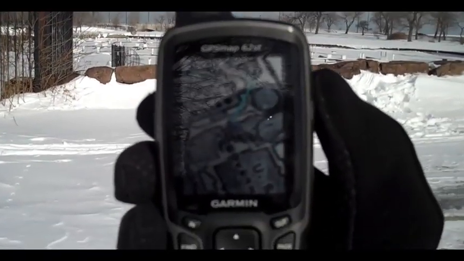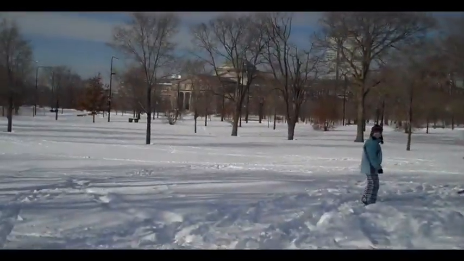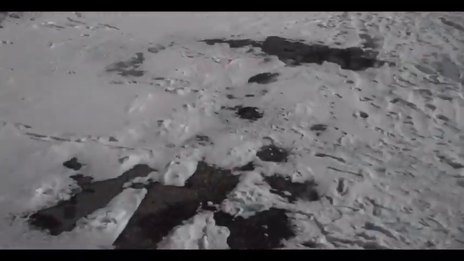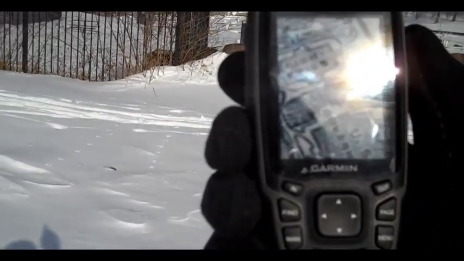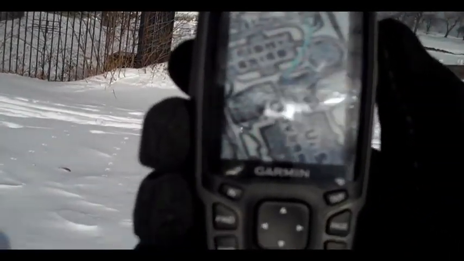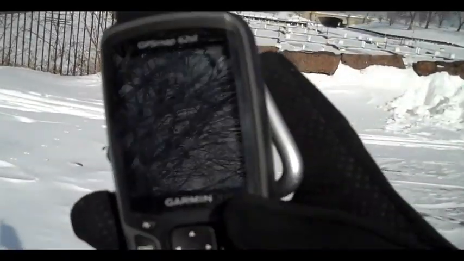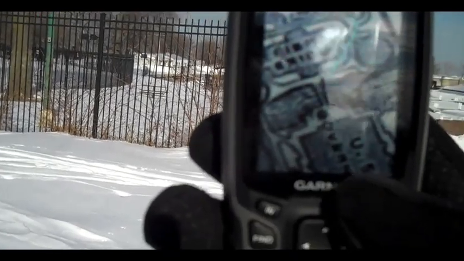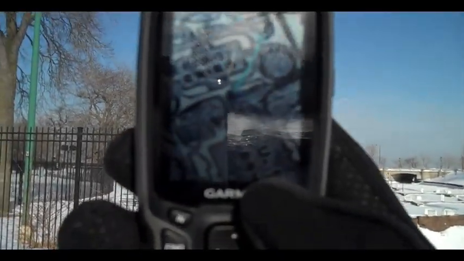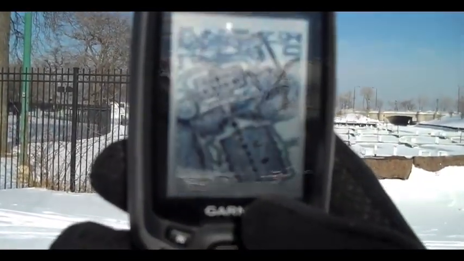Okay, so here we are behind the Museum of Science Industry. We're standing at the edge of the bridge that was used in the Blues Brothers, and according to the map, used to link the U.S. government building with fisheries. So you can see the map, sorry, I'm trying to get it without any glare,